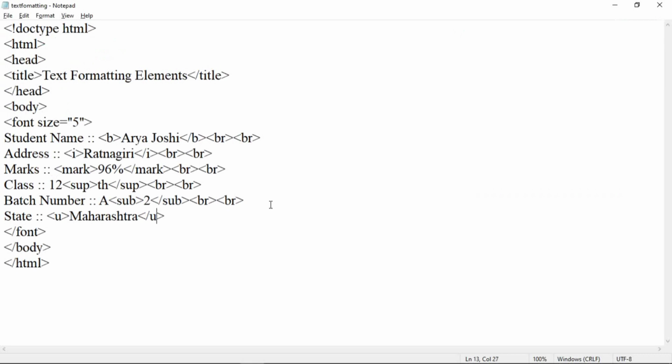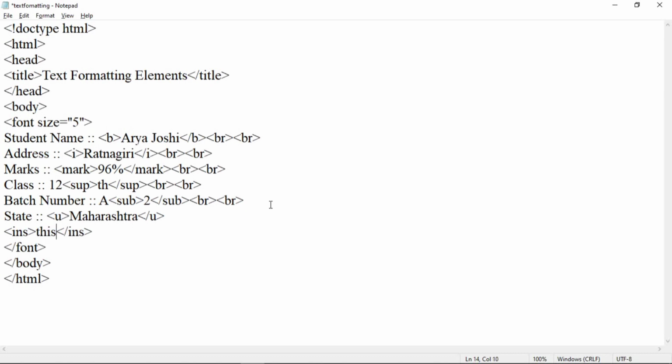Now we have to use INS and del tag. Using INS tag the text will be displayed as inserted text, and using del tag text will be displayed as deleted text. So suppose we use an INS tag. So INS tag, start and end of INS tag. Here add any content.